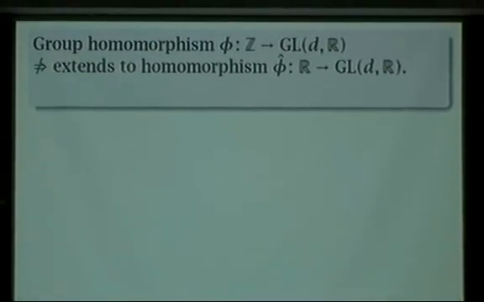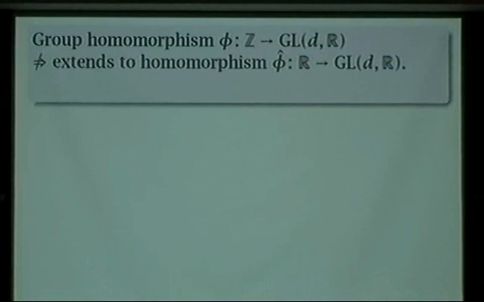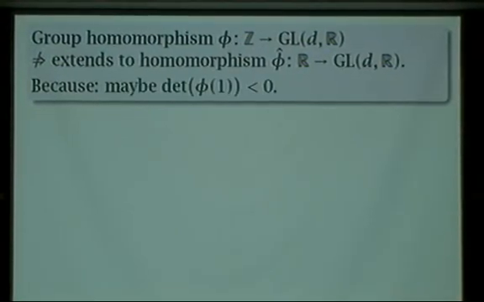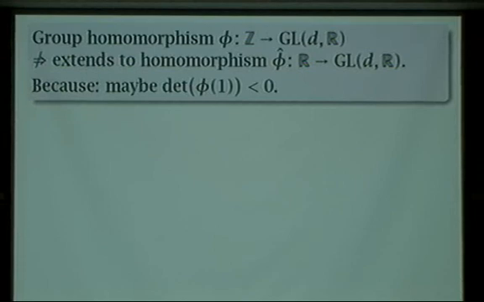Okay, so let me just say that again. What I just proved is that if you have a homomorphism defined on Z, it might not extend to be defined on all of R. And the problem was that you might have a matrix with negative determinant. If you start with a matrix of negative determinant, you can't put that into a connected set. Right, so, well, actually,